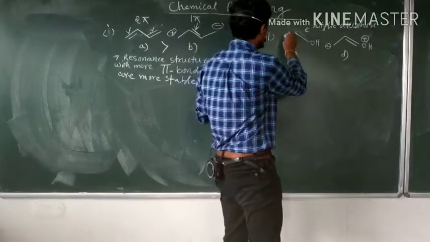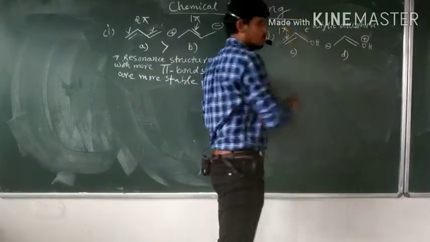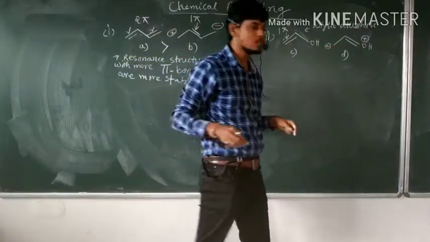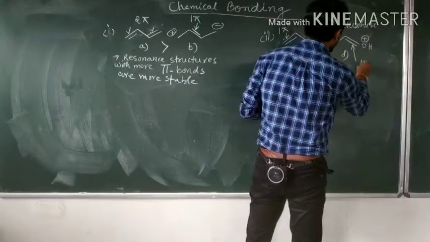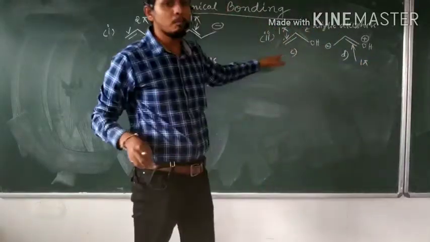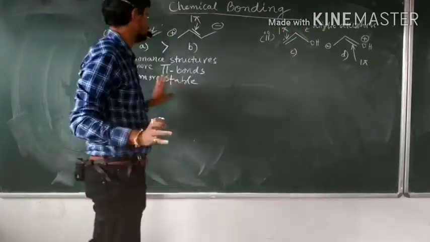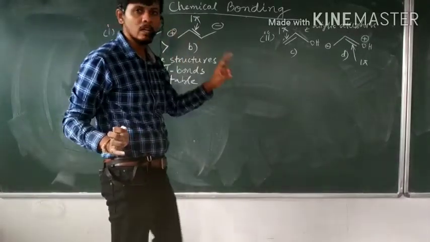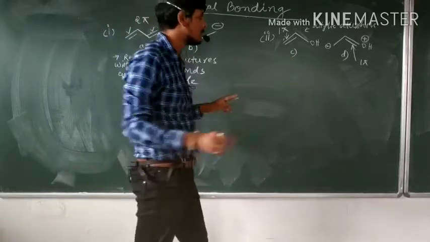So here I have 1 pi bond. Only 1 pi bond is present here. How many pi bonds are present in this compound? Here also I have 1 pi bond. So that means the number of pi bonds is the same, which means this rule can't be used. So the second rule that I will use is